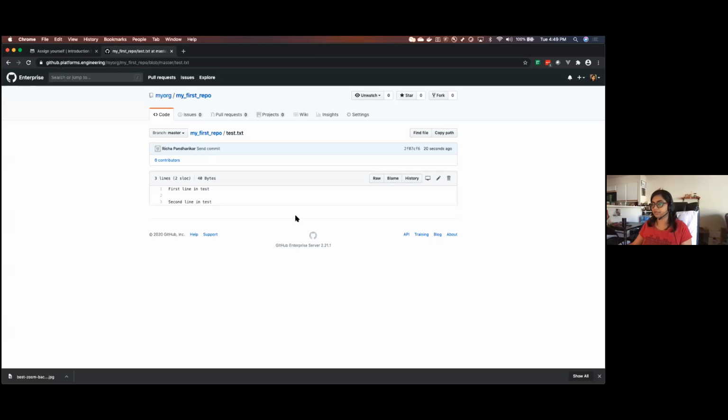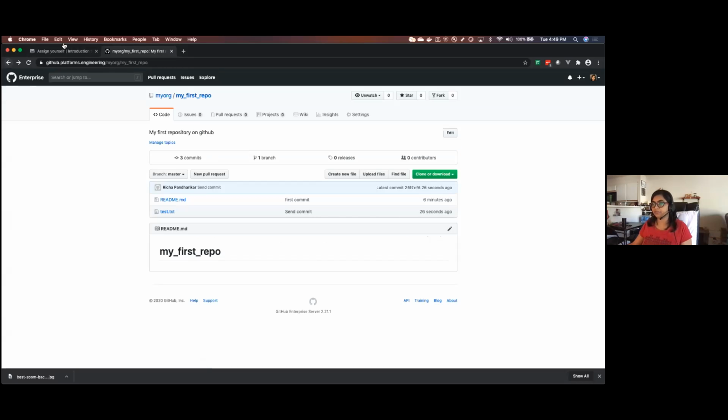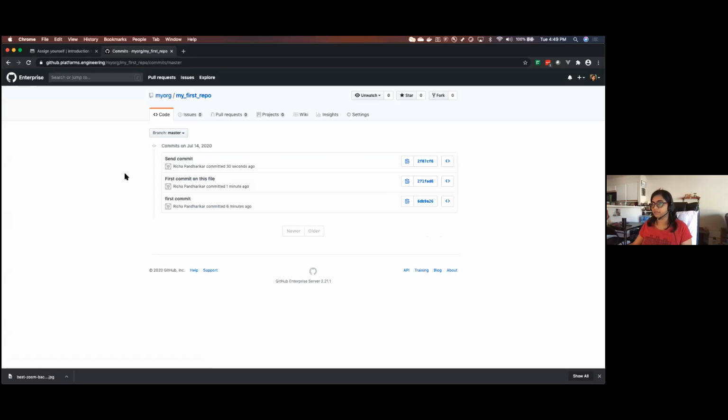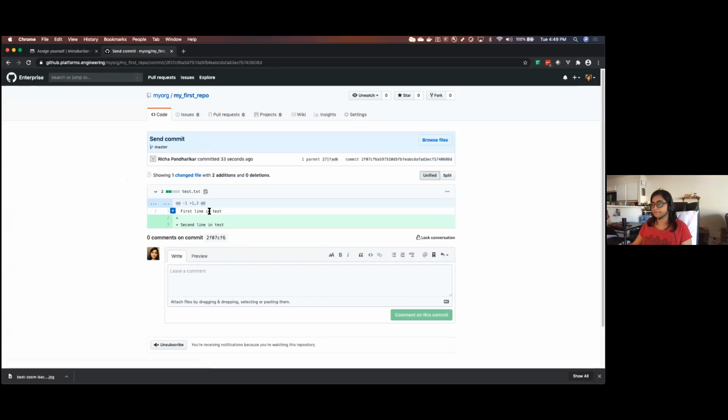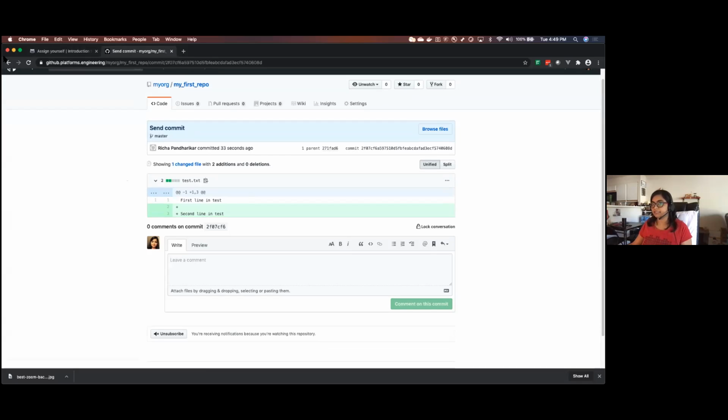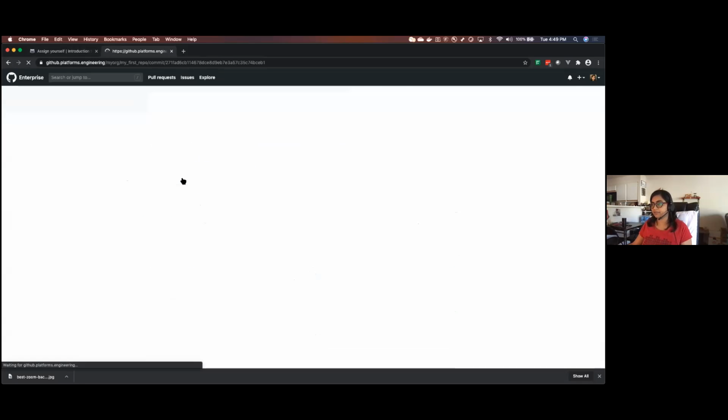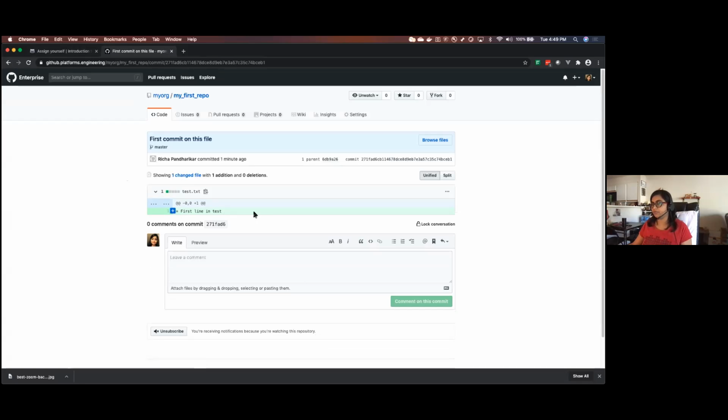So as and when you are making changes, all those changes are tracked here. You can see all the commits here. And here what you can see is the first time when I pushed it, it had only one line. So this file didn't exist before. I committed it for the first time, and when I pushed it, it had one line added. And when I pushed it again, it had one line added. So basically you can carry out the same actions through this